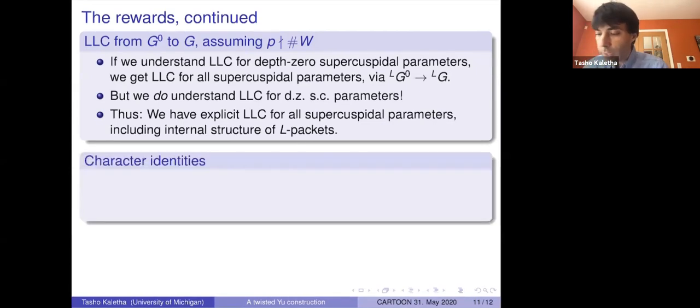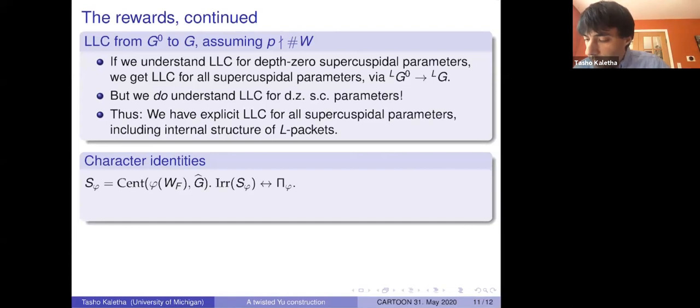The next application we get is character identities. Let me remind you, Alex talked about them briefly. Let me remind you of the conjectural setup very quickly. So we consider the centralizer of the image of the parameter, and the internal structure that I just mentioned takes the form of a bijection between the elements in the packet and the irreducible representations of the centralizer. There are various qualifiers here to make this completely precise, which I don't want to spend time discussing. So maybe you want to put quotation marks around this bijection, but it can be made precise with appropriate additional